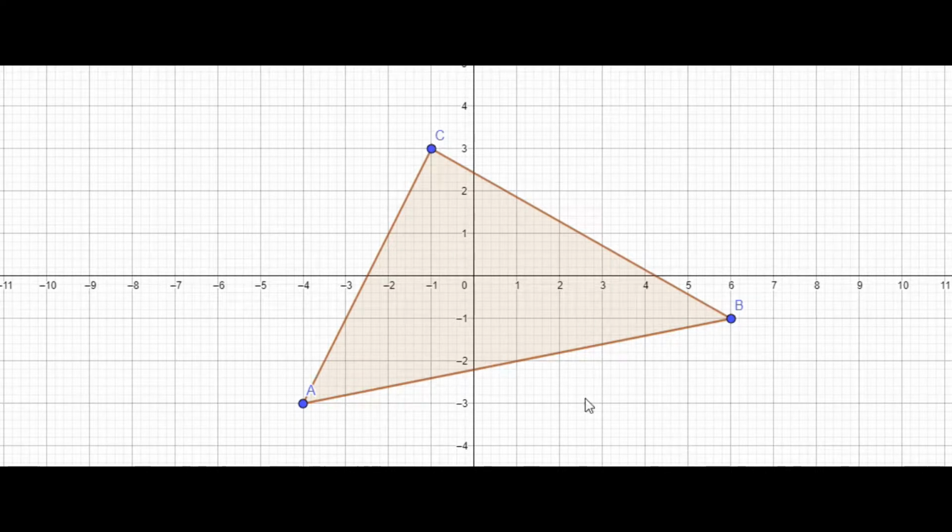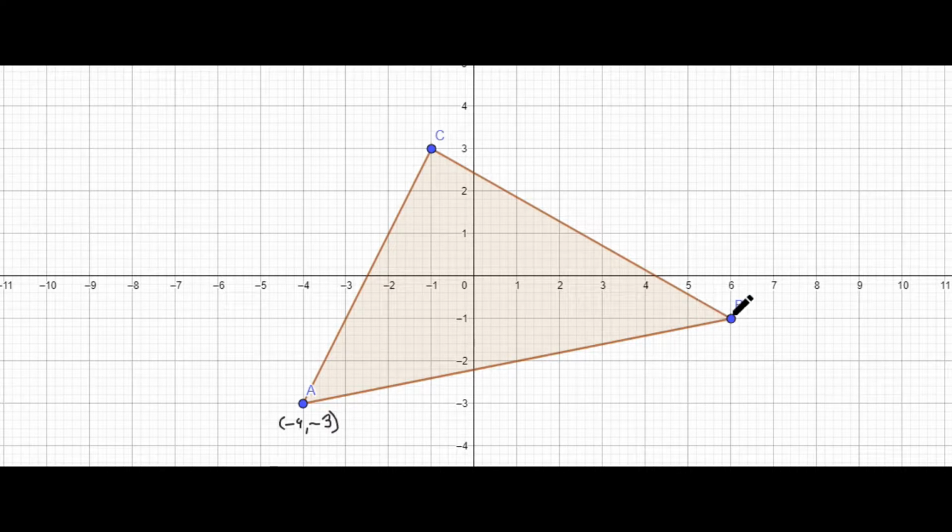So first let us find out what the midpoints are. And for that we need the coordinates of A, B and C. So let me start with the coordinates straight away. Now if we look at the coordinates of the point A, and if we drop a perpendicular to the x-axis, we know that it will meet at -4. So the coordinates of A would be -4. And if we drop a perpendicular to the y-axis, it will meet at -3. So the coordinates are -4, -3.